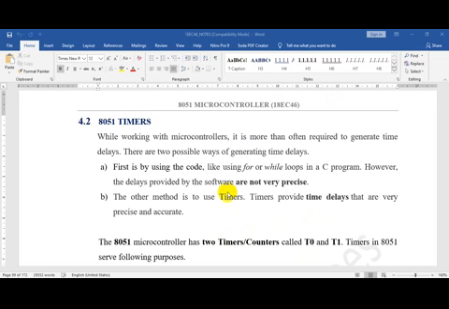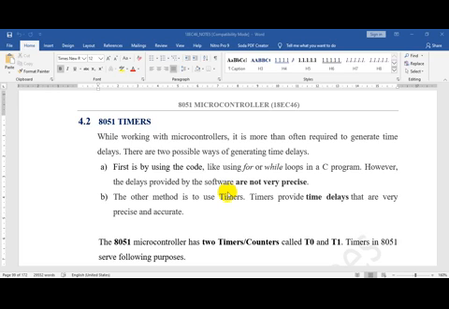Now, previously we have seen that we generated the delays using the instructions. So we call it generating delays using software instructions. But generating delays using software instructions is not that accurate, and it's not the preferred method also.